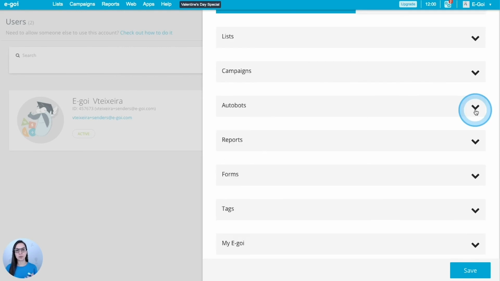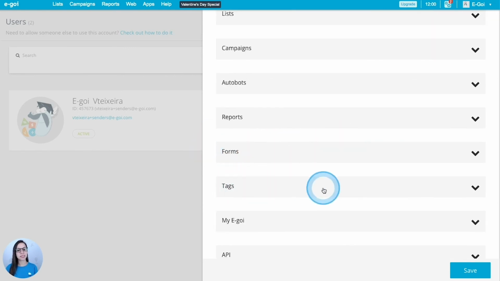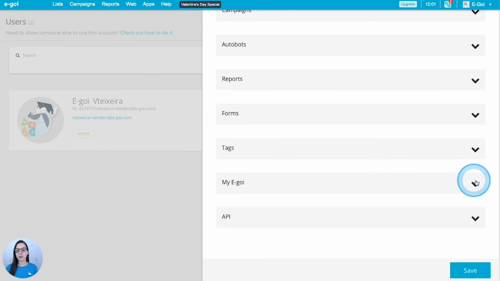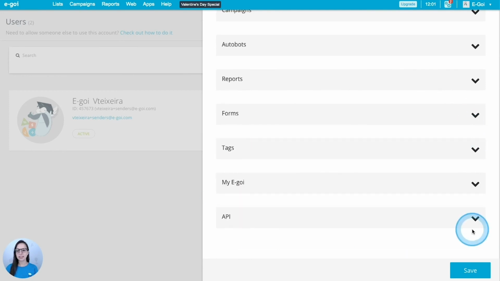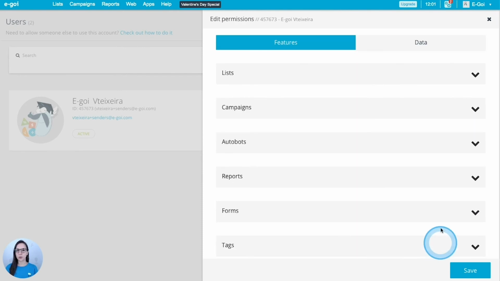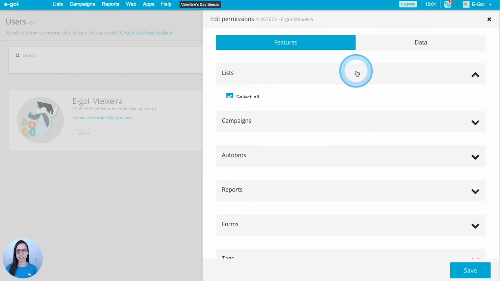So I can define permissions for the Autobots, for the automations, for the reports, the forms, the tags, for my E-goi, which is all the information which is related with the settings of the account, and you can define permissions for the IPE. Also, we can set some definitions for the data, and for example, I gave access to everything